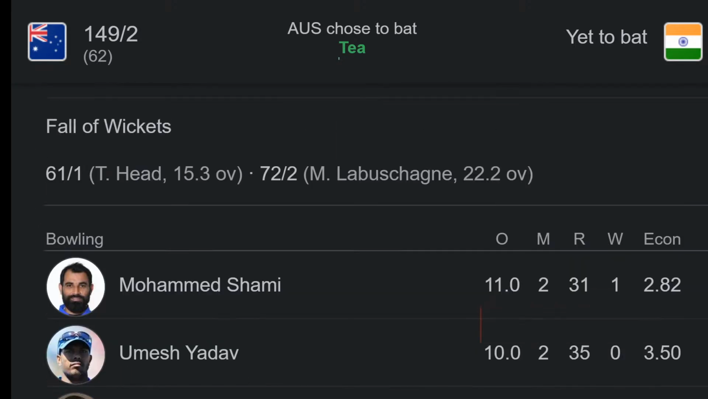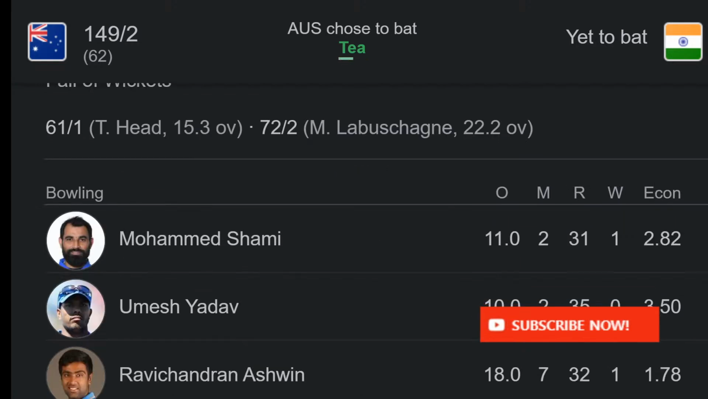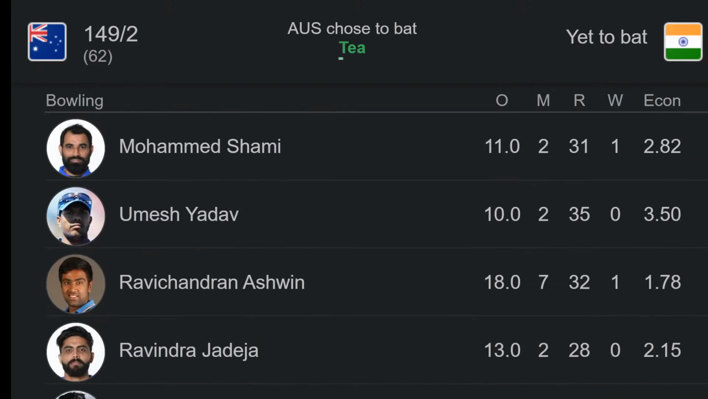This is the scenario of the match. Australia won the toss and decided to bat first. They have scored 149 for the loss of 2 wickets. India's bowling part: